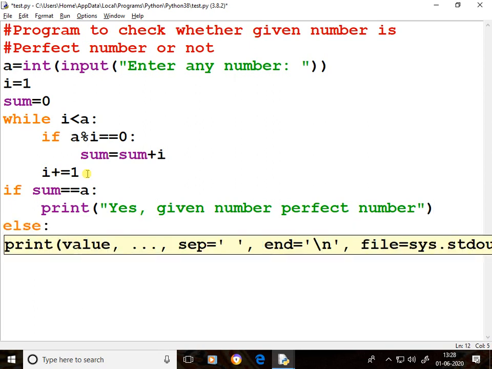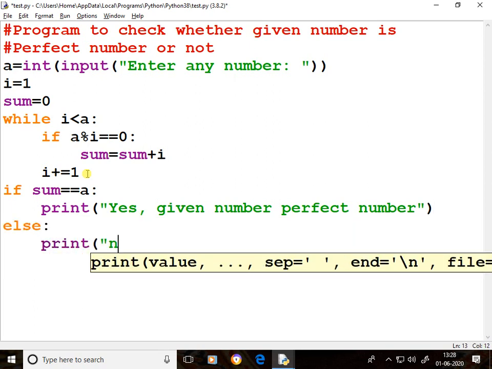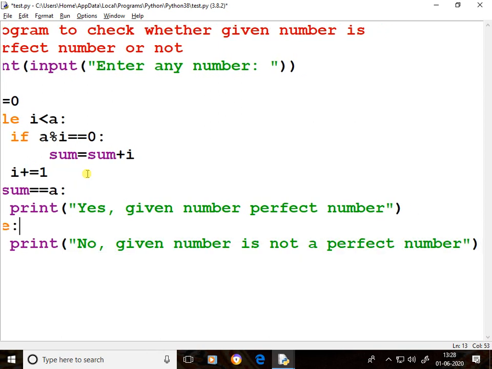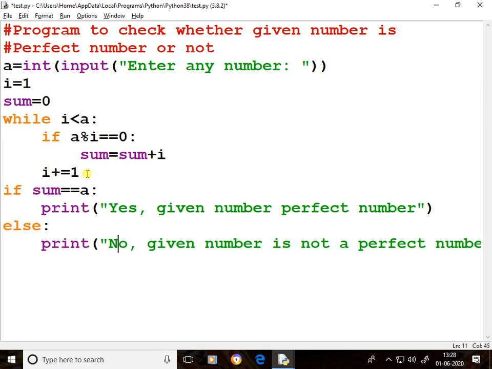Else, no, given number is not a perfect number. Given number is perfect number here.